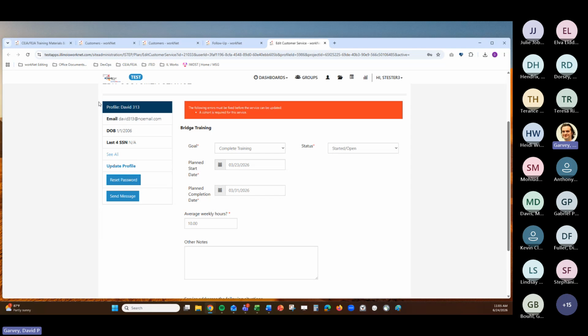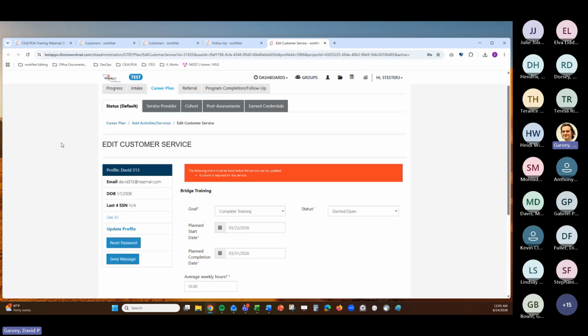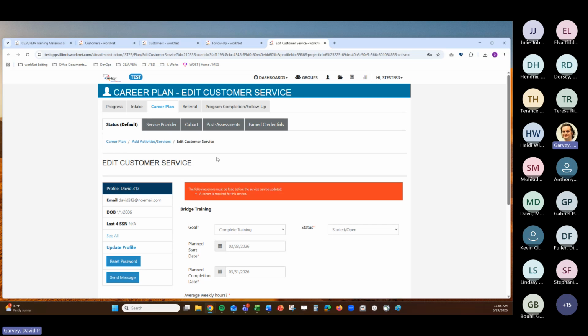Previously, it was through the intake page, but after discussion and troubleshooting, the update going out to the UAT environment is that this is now going to be captured on the service level. So when you're editing a service, and this is for the Bridge Pre-Apprenticeship Training Service, we will also be adding this for the job-specific training